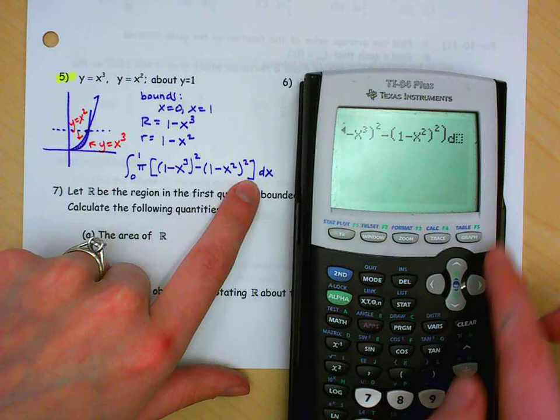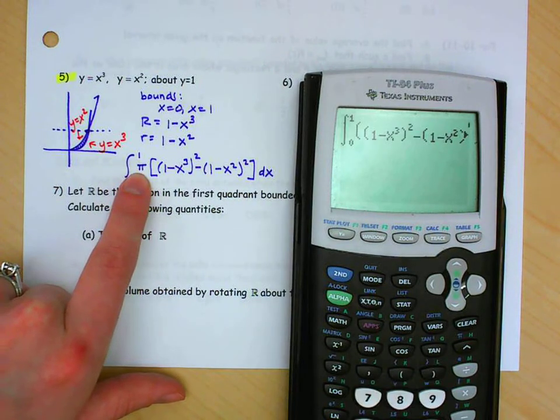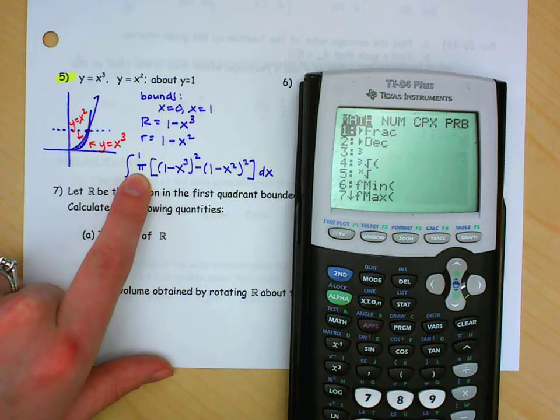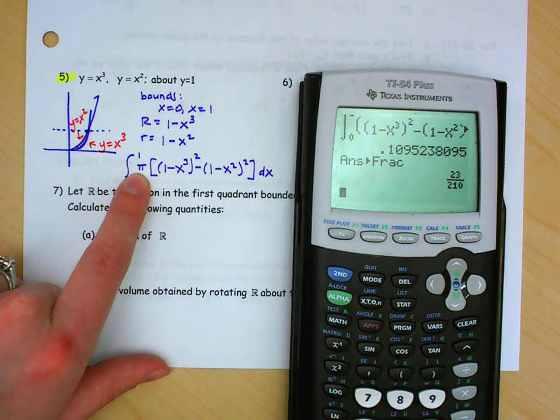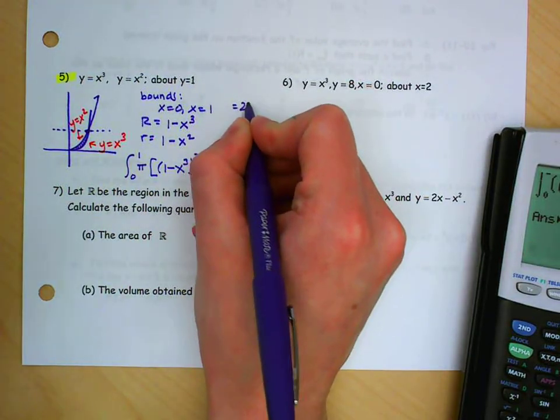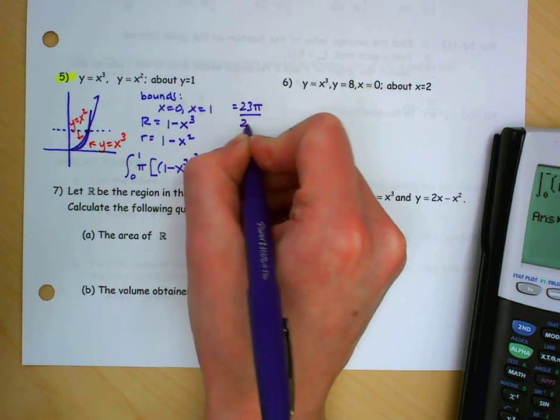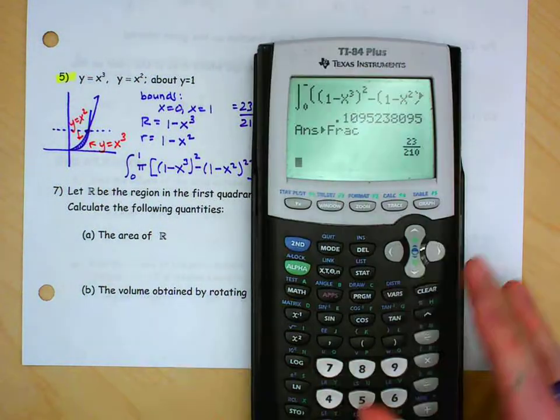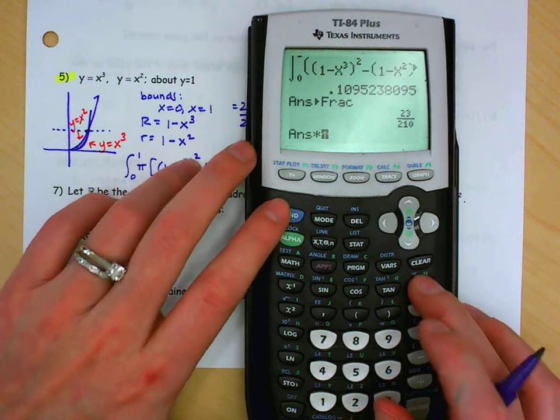And I need a dx. Now remember, I did not type in the pi. So I'm going to see if I can turn this into a fraction, and I get 23 over 210. So my answer is 23 pi over 210, or I can take this and multiply it by pi,